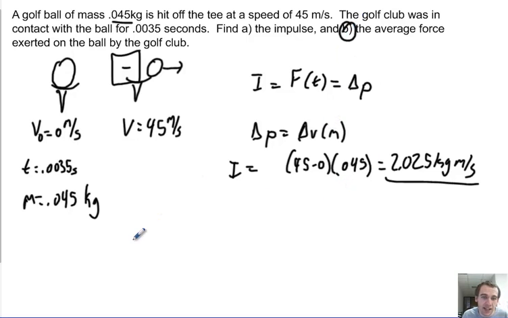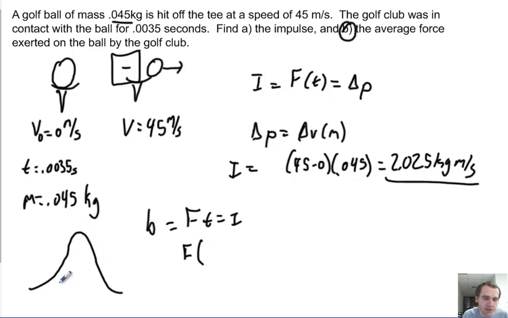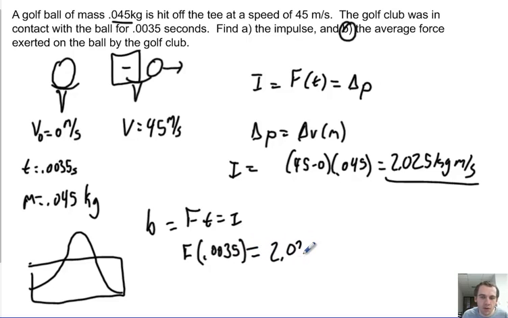Now part B says let's find the average force. Because force times time is impulse, this will be an average force because it's acting over the whole duration. In reality, this force time graph looks like this, right? But we are using the average force to find it, so we're not going to get the maximum spike. We're just going to get the average. So F times 0.0035 is equal to 2.025, and I can divide both sides of this by 0.0035, and I get a force of